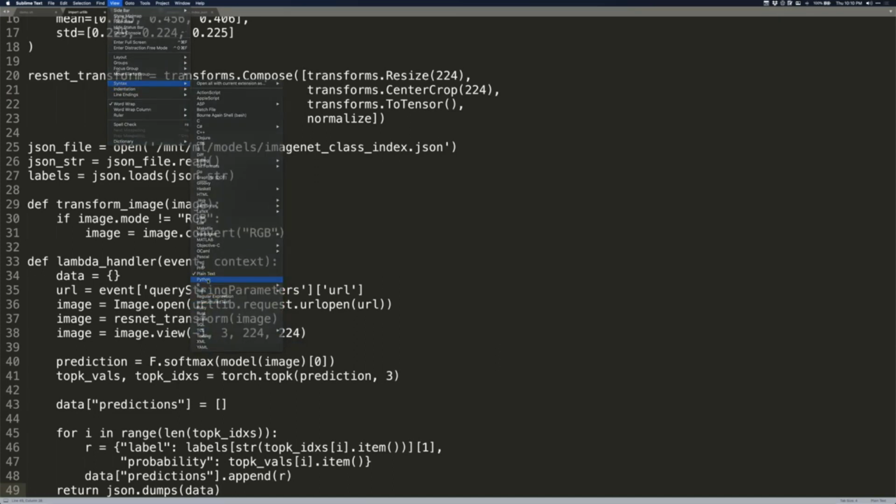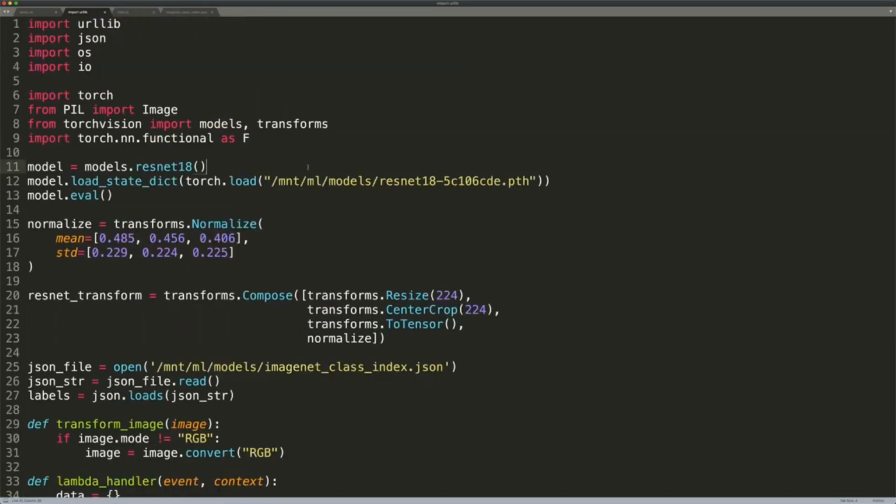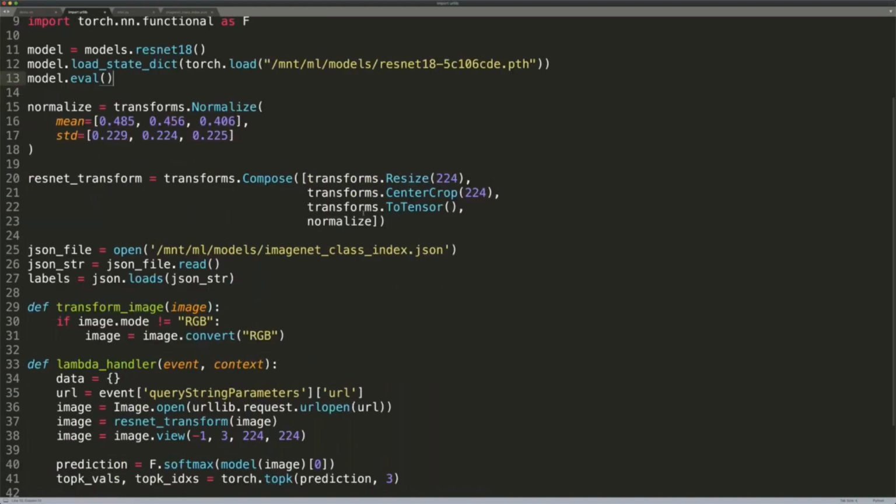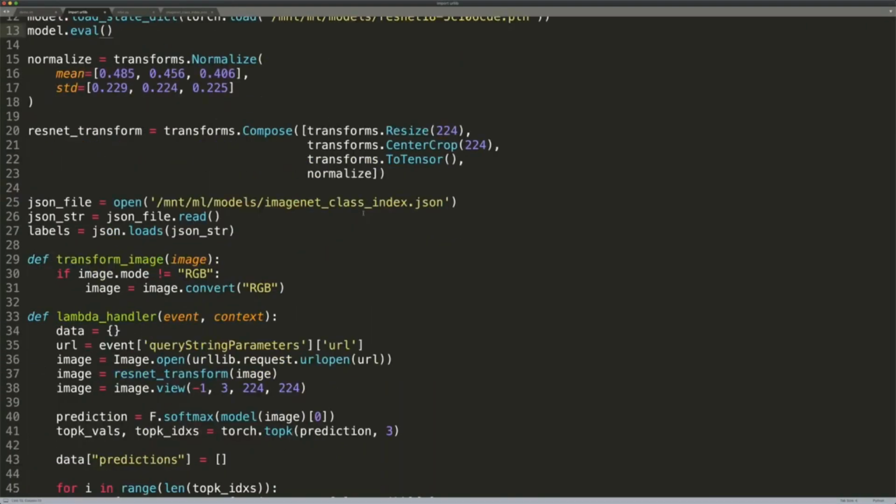Now we are loading it from a hardwired path, /mnt/ml/models, followed by the PyTorch model. And then I got rid of the Flask function or the Flask request because we have moved that Flask function to Lambda.